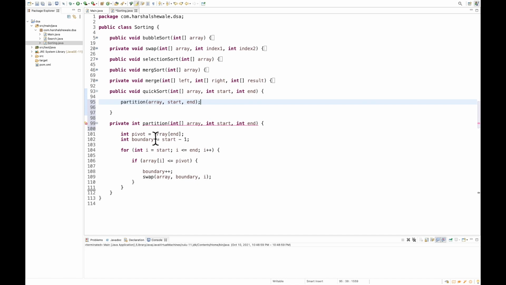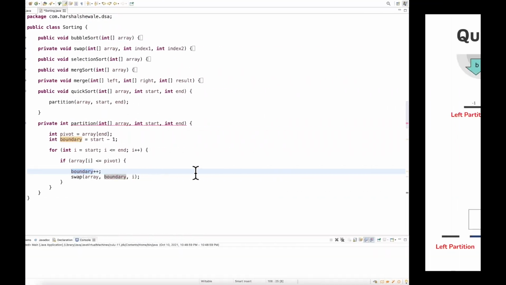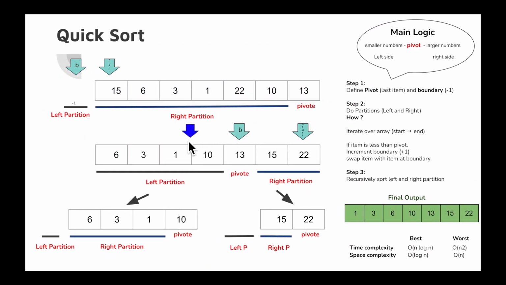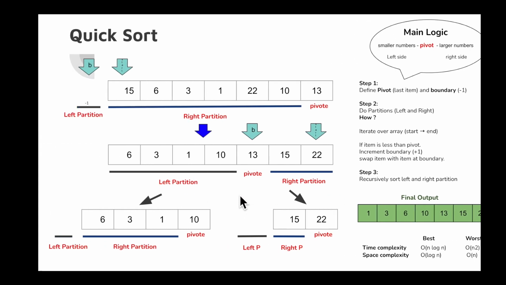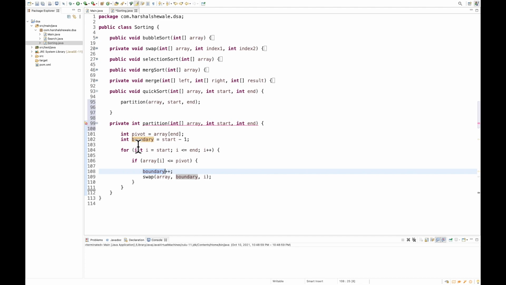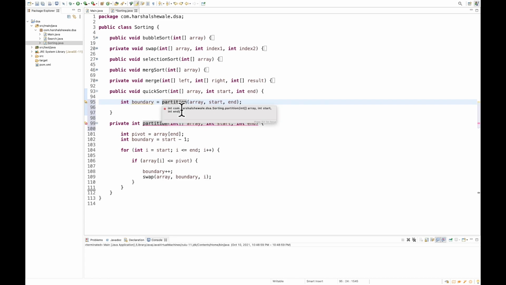Because we need the boundary back. After this iteration we are incrementing the boundary, and we will get a new boundary. That boundary we will require to sort the left partition and right partition, right? So that's the reason. So we can call it int boundary is equal to, so this partition will return the boundary. So just return the boundary, that's it.